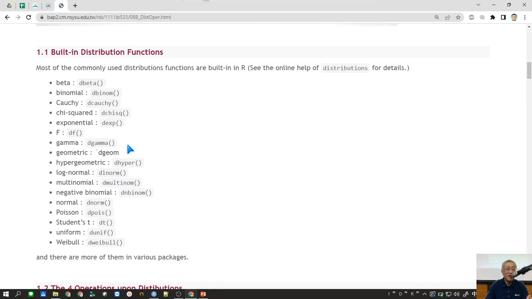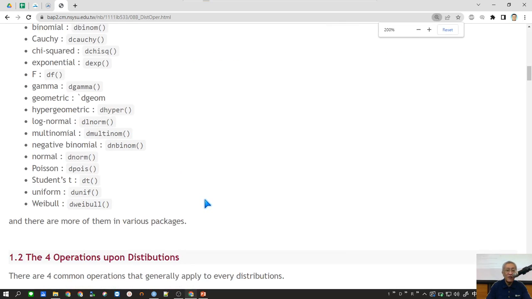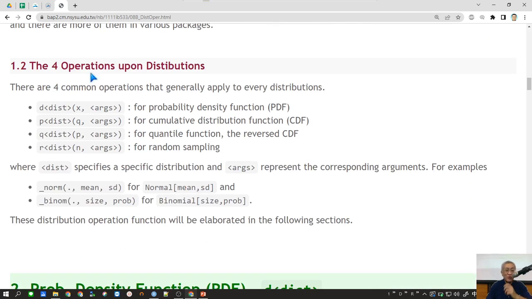in R, almost all of the mathematical distributions that we know so far are already built in. I should say that all of the PDF and CDF, all of these mathematical forms are already built in R. But in order to use them, we have a set of functions to help us do the operations upon distributions. Actually there are a set of 4 common functions that generally apply to